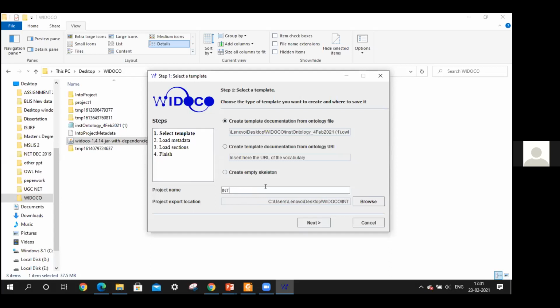You can give any name. I am making it institutional ontology. It will be saved on the desktop as institutional ontology. And after that, we will click on next.